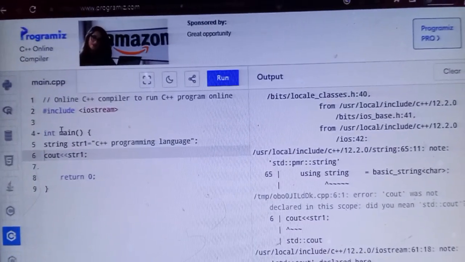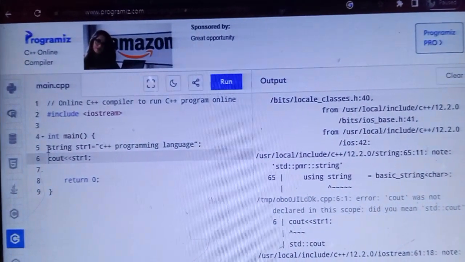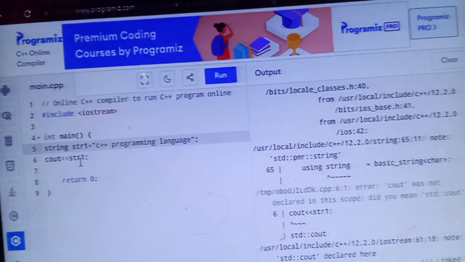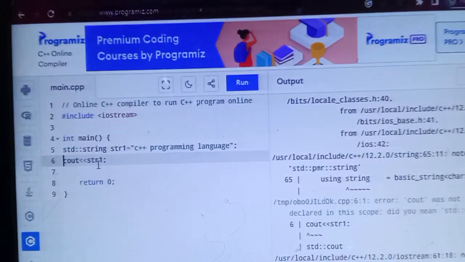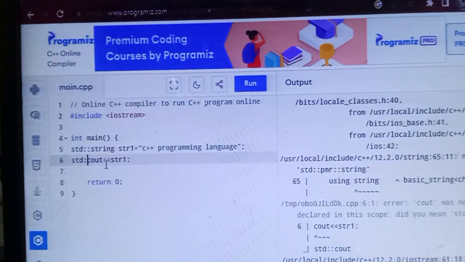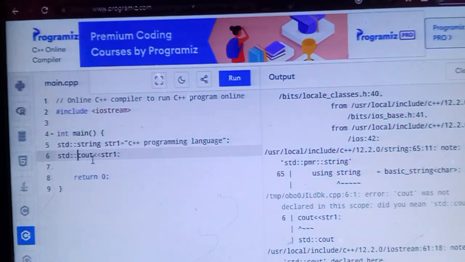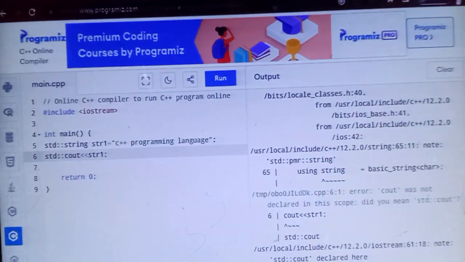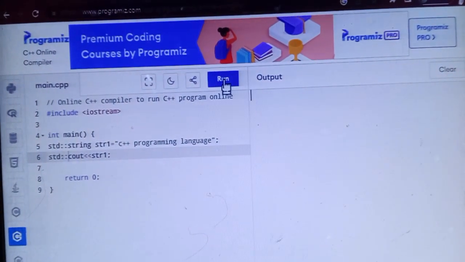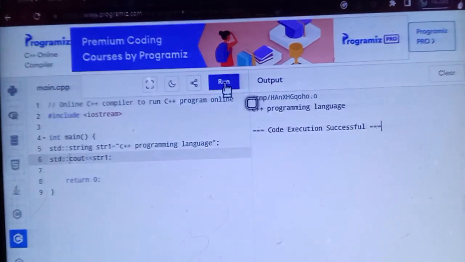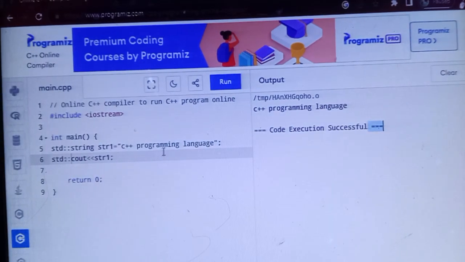That means string and cout are in the std namespace. So you specify std and the scope resolution operator, which is used to access the functions built into the objects like std. Now again clear this and just run. Yes, see the output we got: C++ programming language.